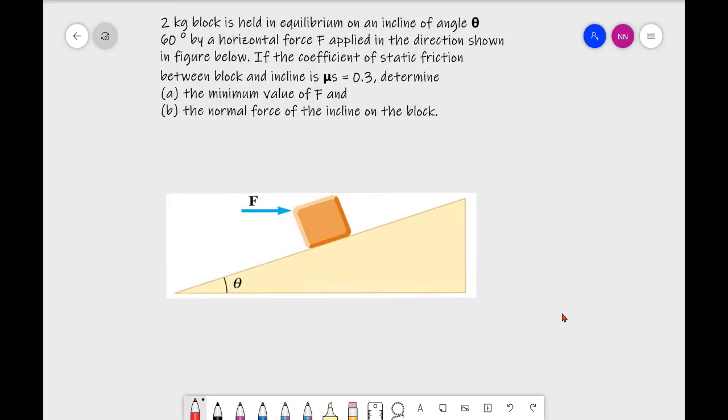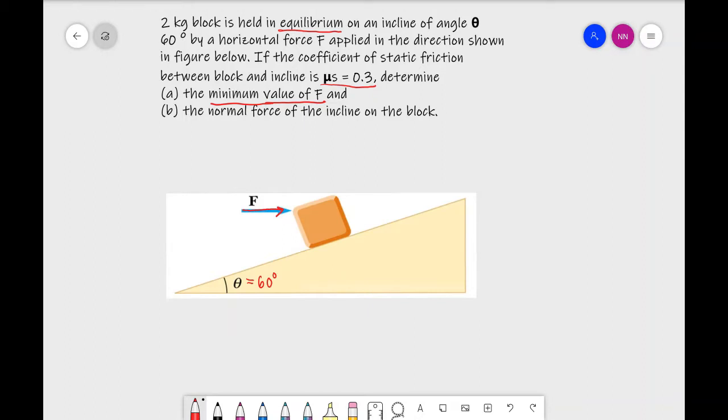A 2 kilogram block is held in equilibrium on an incline of angle theta equals 60 degrees by a horizontal force F, in the direction shown in the figure below. If the coefficient of static friction between the block and incline is 0.3, determine the minimum value of F